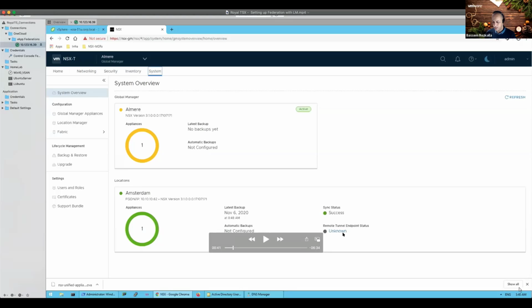There was a bug in NSX-T 3.0.2 or 3.0.1, something like that, when Federation was not yet production ready, where even after configuration, you would see it as unknown. You had to do, I believe, a couple of refreshes or re-add the site. But from 3.1, it's resolved, so I didn't need to worry about it. So continuing the video,